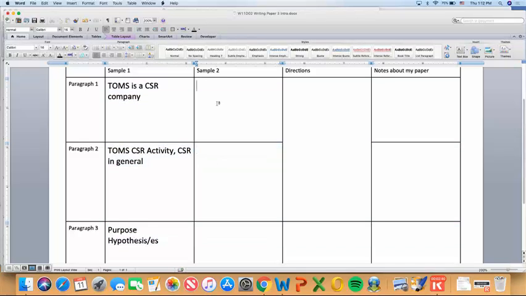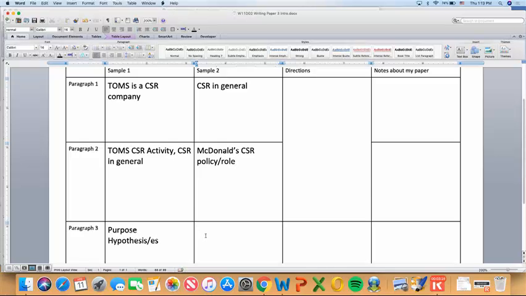So, how about in sample 2? What do we learn? What are they saying in the first paragraph? Yeah, it gives you the definition of social responsibility. So CSR in general. So, describe CSR. What about paragraph 2? What do we learn in paragraph 2? Yeah, thank you, Doug. Talking about McDonald's. So we learn about McDonald's. What about McDonald's? Yeah, CSR policy, role. So this is what we're learning.